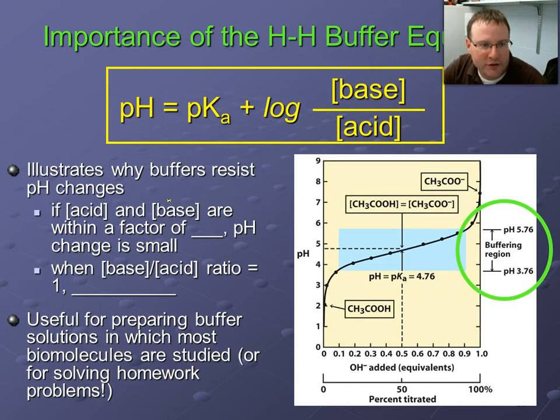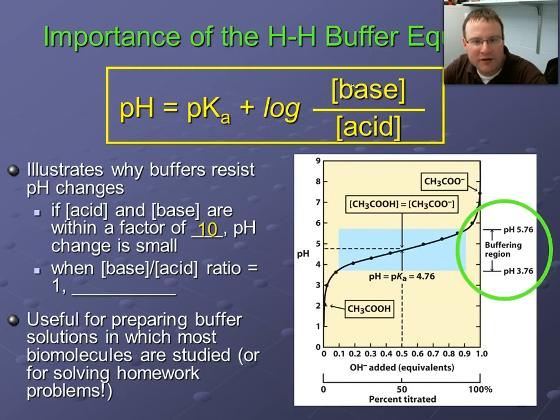If you check it out from a mathematical point of view, we told you a minute ago that buffers are good plus or minus 1. Well, let's think about that. If the acid and base concentrations are within a factor of 10 of each other, the pH change is going to be small. So if we take log 10